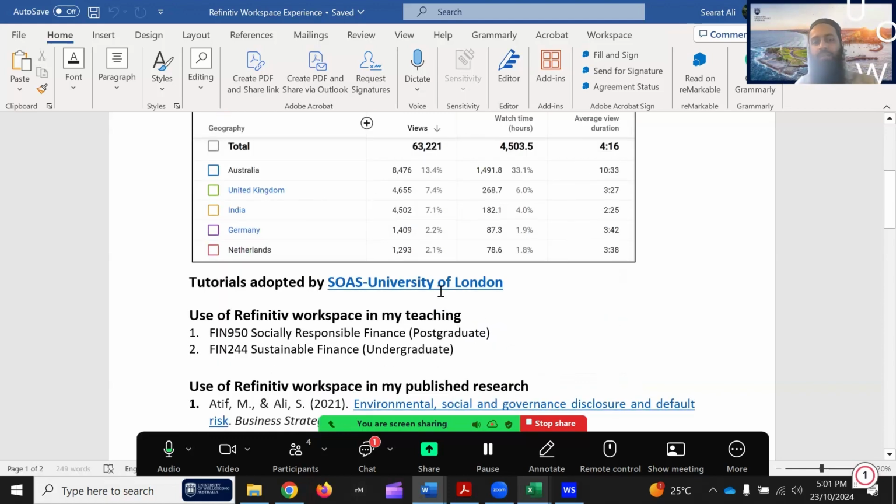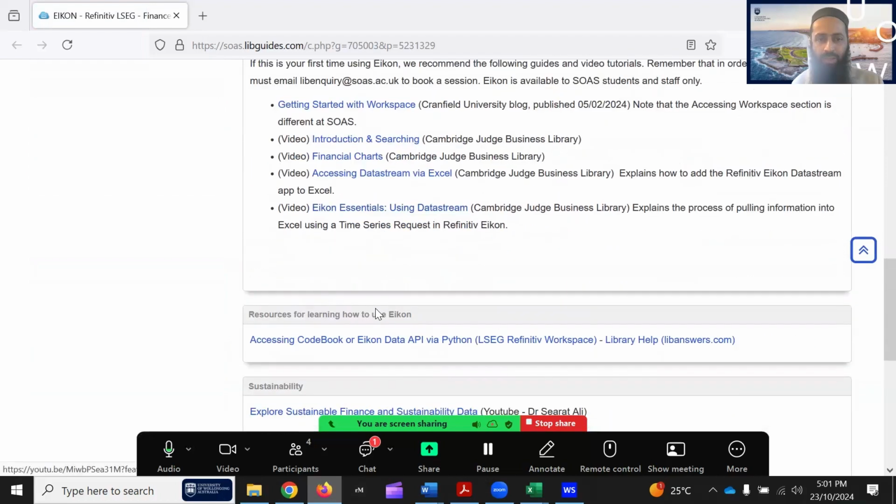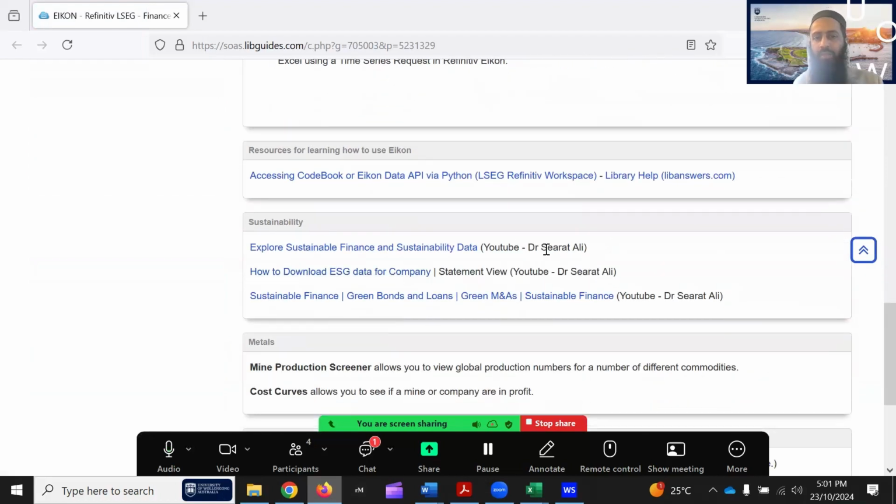And then there is a university, SOAS, University of London. They have adopted my tutorials and listed them on their website. It's a QS 504 university, but that is something I feel privileged about, that they have hosted it on their webpage. If I scroll down a bit here, the YouTube videos of mine, is there any statement view?